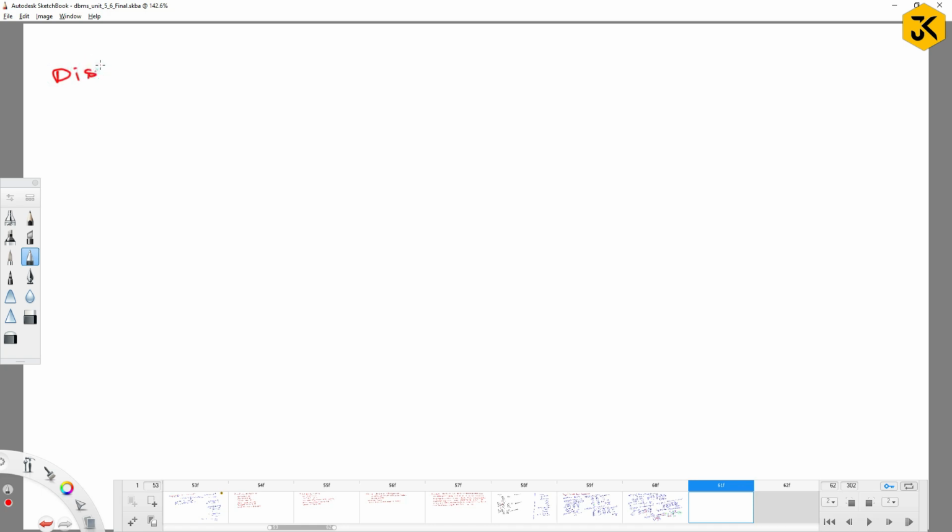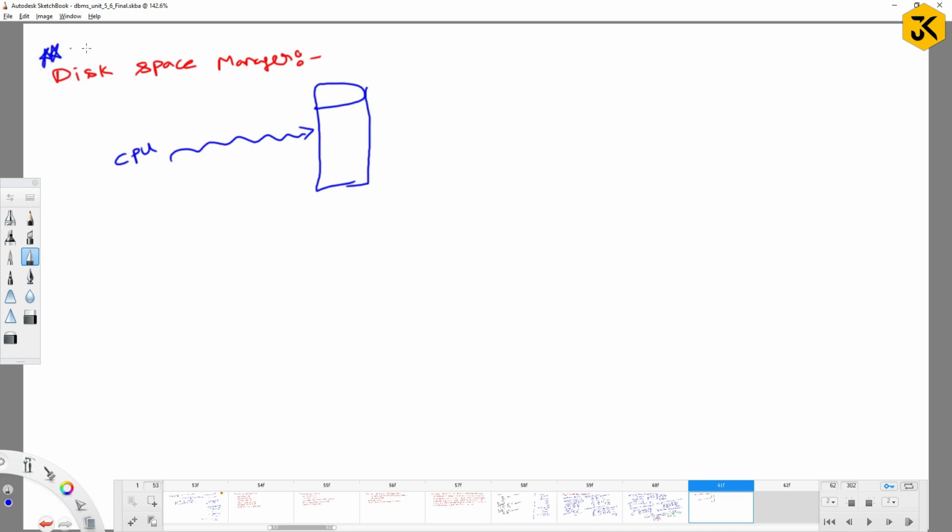Next, we'll see one more topic: disk space manager. So guys, basically when your data is going to be in a secondary storage device, which we can generally call a hard disk or SSD or whatever it may be, when you are trying to save it from the CPU, I would like to save the file. There is something which takes care of this entire process, and we can call it the disk space manager. It's a kind of software which will take care of allocating and deallocating the memory space